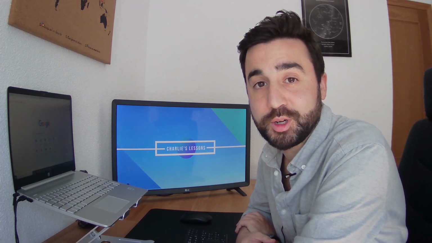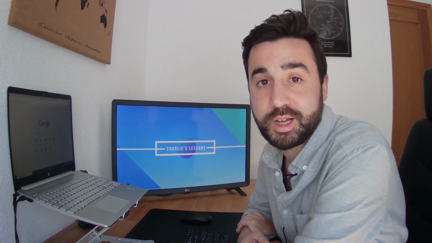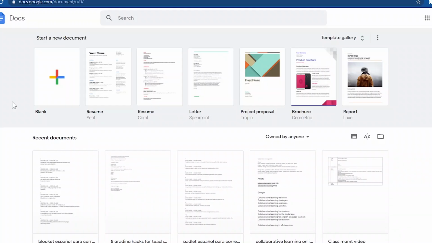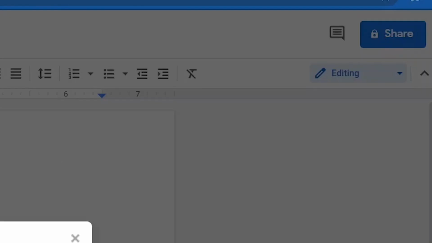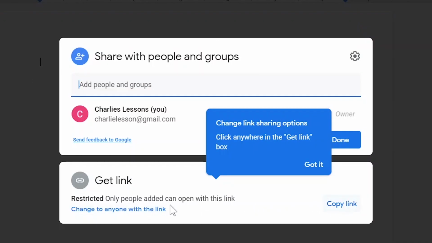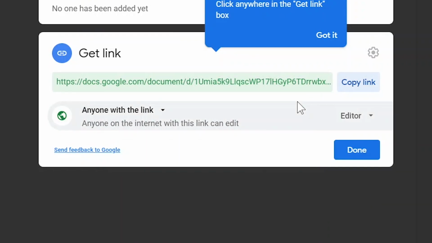Now, the next two I'm going to show you are both Google apps. We're looking at Google Docs and Google Slides. Now, I know you might know this already, but just in case, to create a Google Doc from scratch, click blank, and to have students collaborate on the same documents, click share, come down to the bottom here and change this to edit, copy the link, and then you can share it directly with the students so they can collaborate